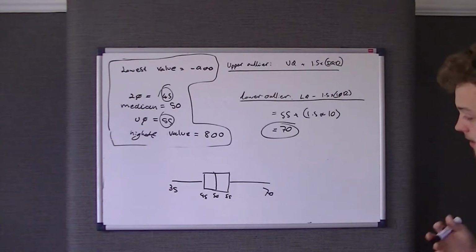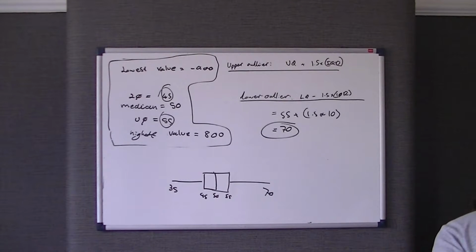Alright, so as I said, it's going to be skewed if there is a bigger distance between the upper quartile and the median, or if there is